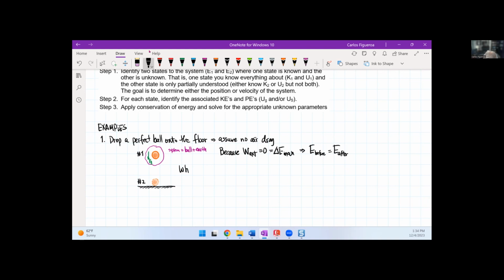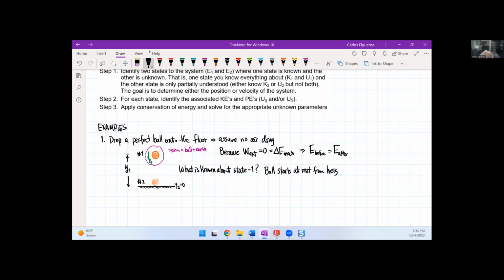So what is known about state 1? Well, even though I didn't mention it, let's say that we do know what the height of 1 is. And we're going to say that this height y2 will set it equal to 0. So what we can say here is that, let's say that the ball starts at rest